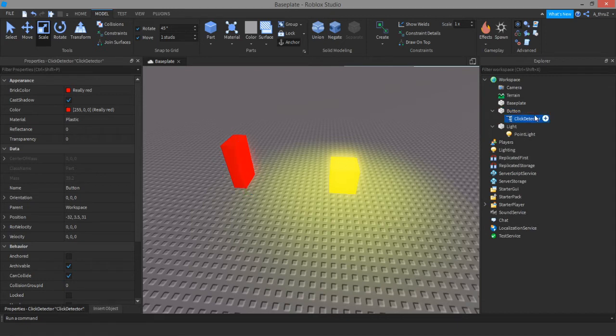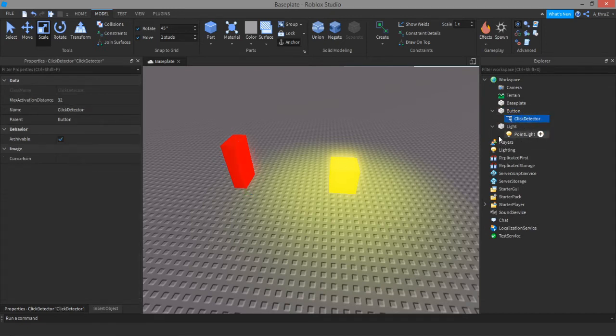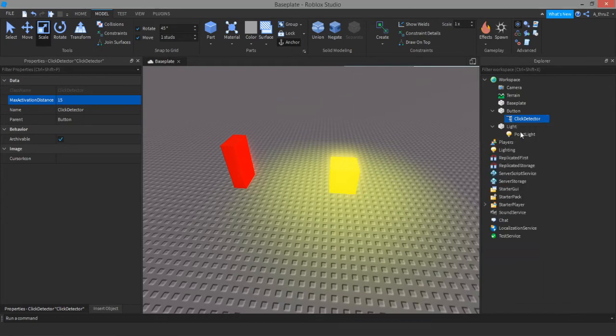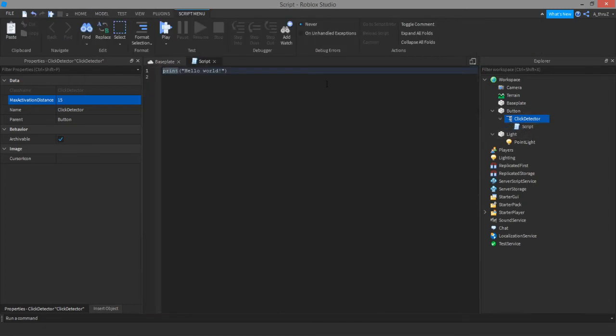Now, while this doesn't do anything on its own, you can also change how far it can be activated. I will just put it at 15, which is pretty close. Then you're going to insert a script, which might not show up here, but all you've got to do is type it in here. After you insert a script, it'll show up as print hello world, and you're going to want to erase that. All you're going to have to type is